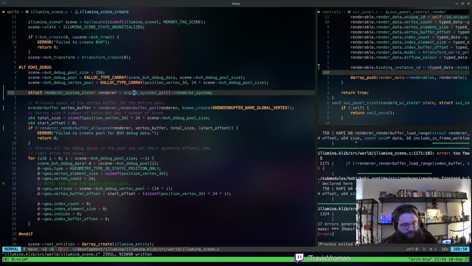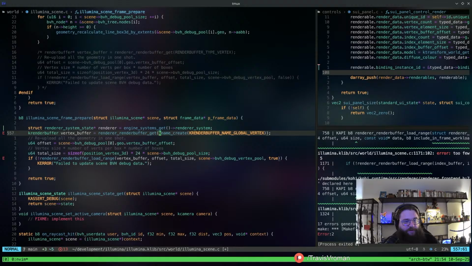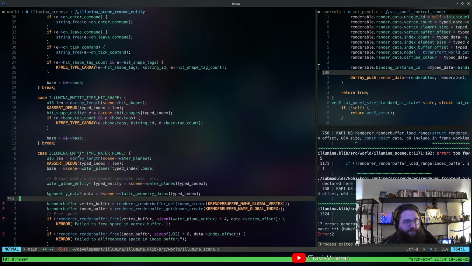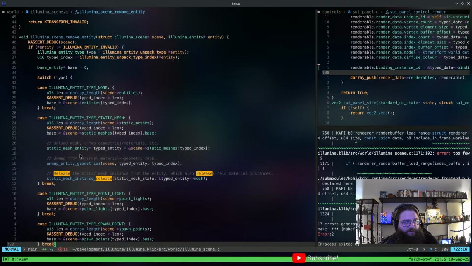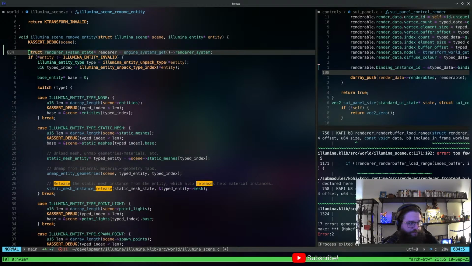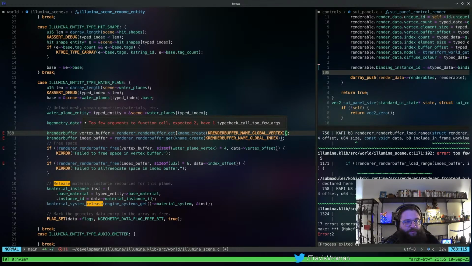All right, so that's going to be the change that we're going to want in a couple places here. Right, so we're going to want this here as well. And then this is going to be renderer there and there. And then also the same thing here, except I'm not going to put this in the middle of a case. I'm going to put this up at the top, right after the assertion. Right, so here we can just do, oops.